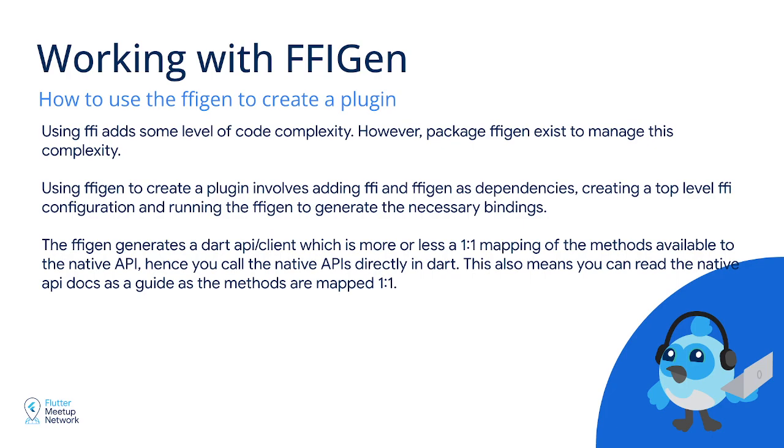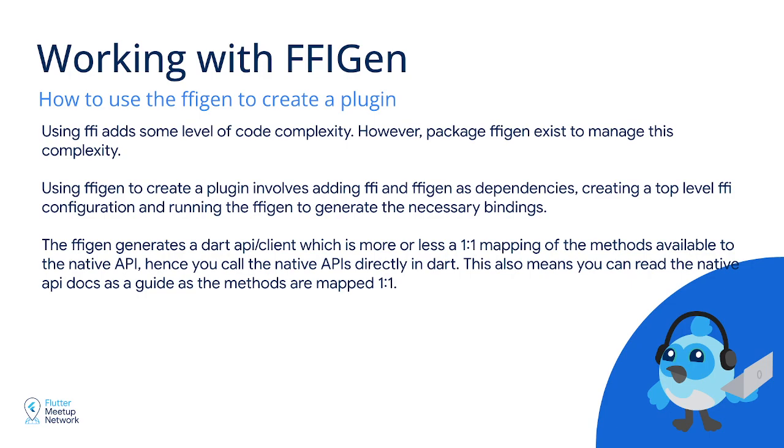FFIGen will generate a Dart API or client, which is more or less a one-to-one mapping of the methods available in the native API. Hence, you can call the native API directly in Dart. This also means you can read the native API doc as a guide, since the methods are mapped one-to-one. So if I look at the native doc, and it says call this method, call this method, call this method,